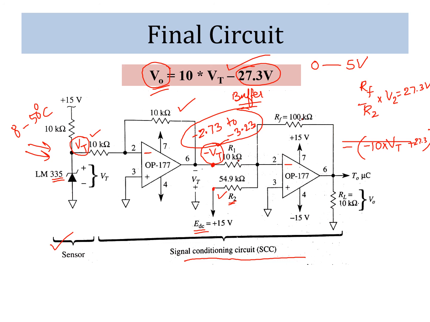So that is the advantage. We are using the power supply that is available with us, dividing it here, and we get this particular relationship, and V naught will never be in the saturation region. It will always be in the range of 0 to 5 volts. So I hope you understood this circuit and the related equations we have solved here.